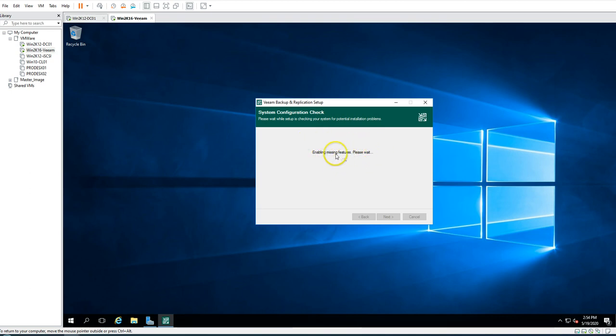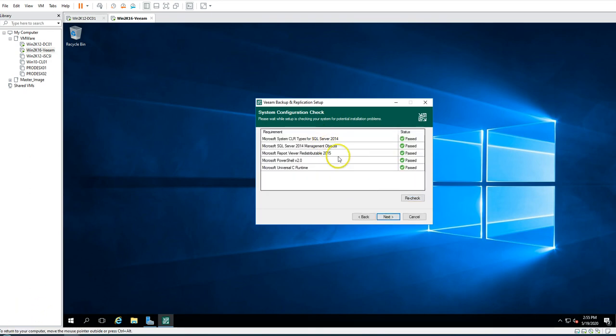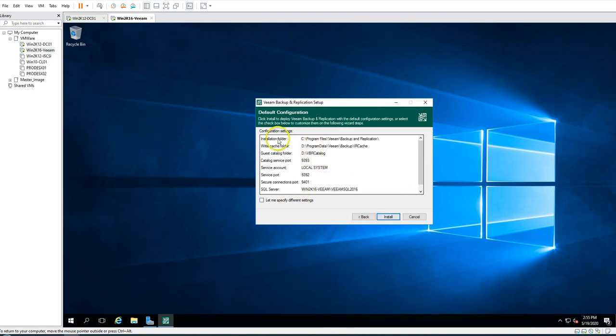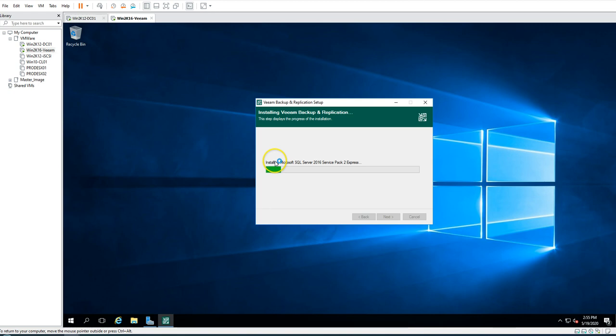It's enabling the missing features, you can see. Now everything is installed and passed. Click next, and it's going to show the installation folder, write cache, and all the information regarding the installation and configuration. For the database name, it's going to install SQL Server 2016 with the Veeam backup database name. So we are good with this. Click on install, and now you can see it's installing Microsoft SQL 2016 Service Pack 2 Express. It's going to install SQL Server 2016, and then it's going to install Veeam backup and replication